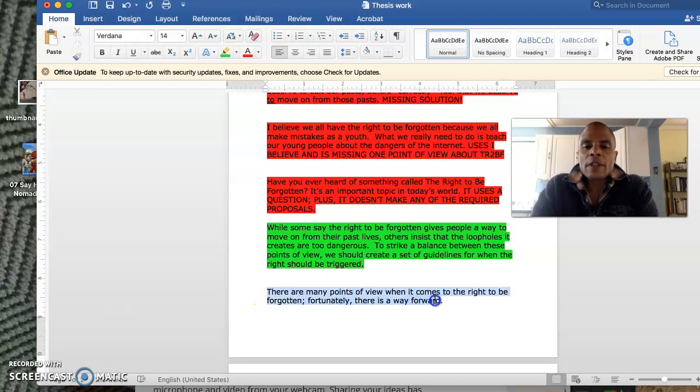However, I still call this green. It's still working. Some people don't like to give away all of their arguments in their thesis statement, and some people do. So you just have to decide which style works for you. Do you like the kind like we had up here, where the writer is basically sharing the roadmap with the reader? Or are you more the kind of person who wants to share the basics, but keep the details of the journey to yourself so that the reader will discover them in the body paragraph? Either of these ways is perfect. Both of these thesis statements are perfect.